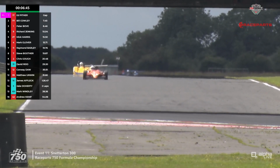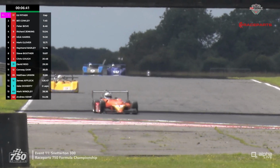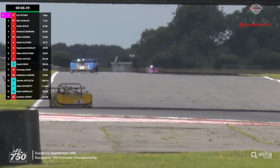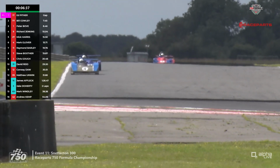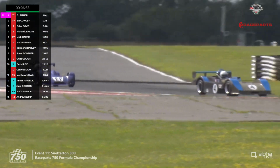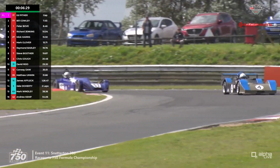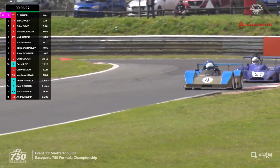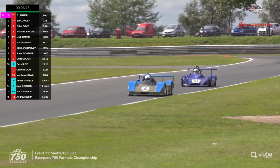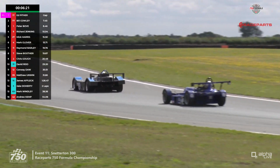So for David Reed, it looks like he might be able to pick up a class win in 31. The engineering manager from Warwickshire, who's new to racing this year. He's drag raced before in a 10.7 litre Austin A40. As you would. He's in the top 10 as well, which would be his best result. But it does seem, what we were wondering, 3 races for these cars. They got to the grid, but not so many of them are still going at racing speed,